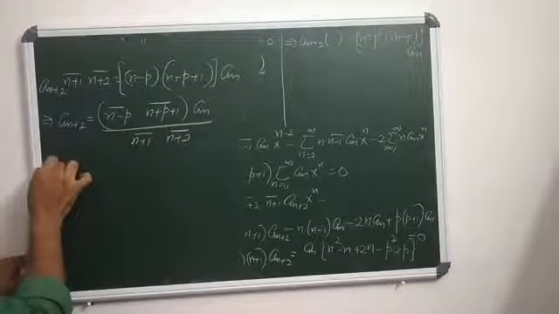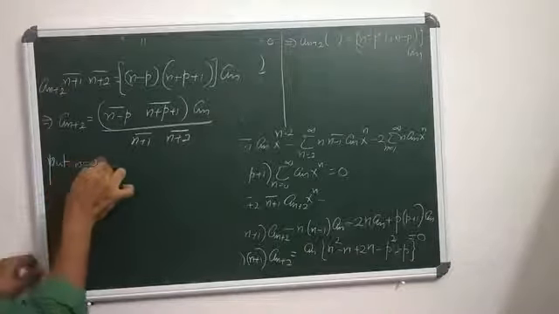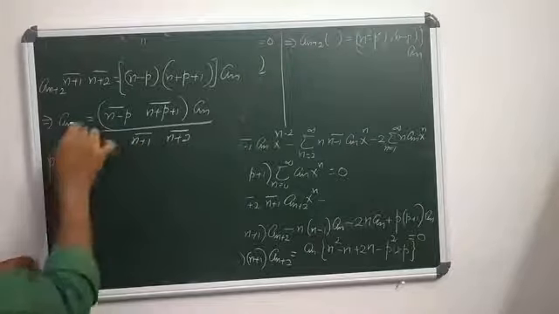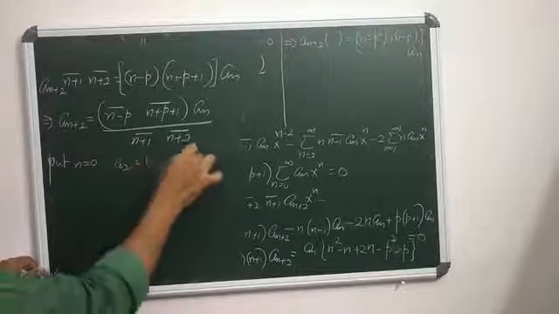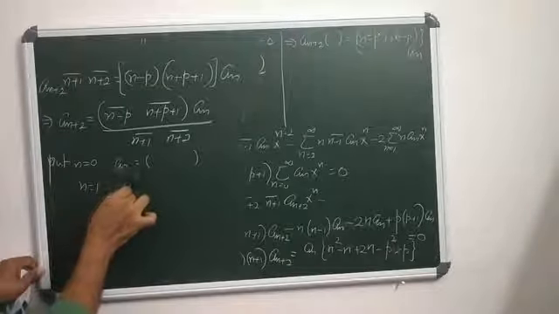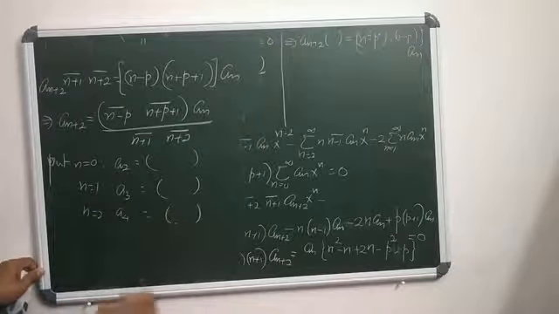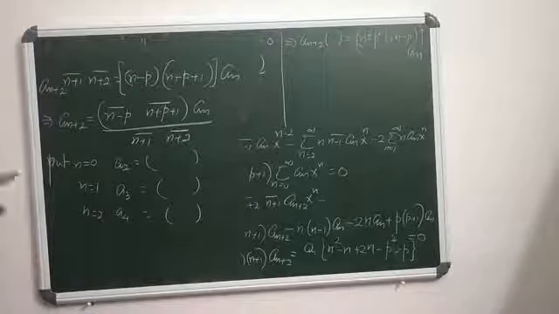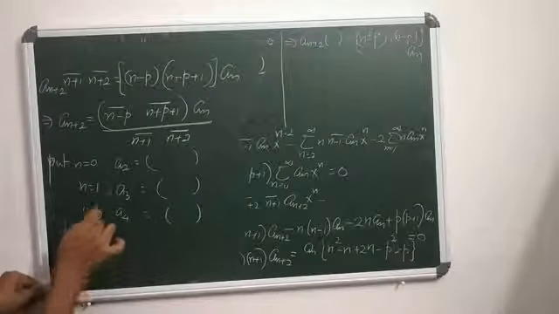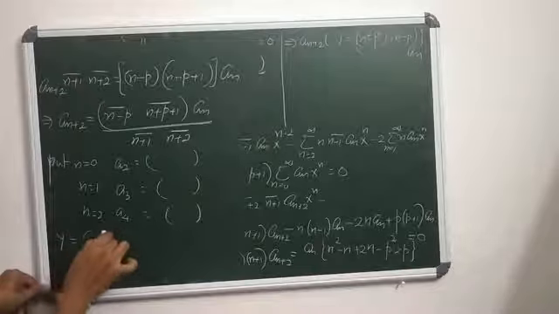Put n equals 0. If n equals 0, what do you get? On the left side it is a2, and we can find its value. Put n equals 1, left side it is a3. Put n equals 2, left side it is a4, and so on. Then putting all of these values in y equals a0 plus a1x plus a2x square, etc., you have a series solution of the form a0 into y1(x) plus a1 into y2(x), which is known as the Legendre function. So the solution finally, if you rewrite it, is y equals a